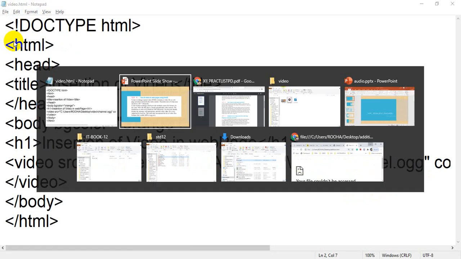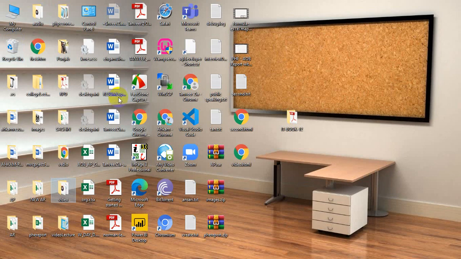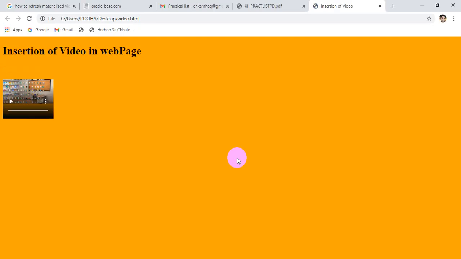Now flip back to your browser and refresh the file. I think I have closed the browser, so let me open it again. Now you can notice that you are getting your video file like this. I think I have to open it in some other browser, because Google Chrome does not support autoplay, so I will open it in Internet Explorer.